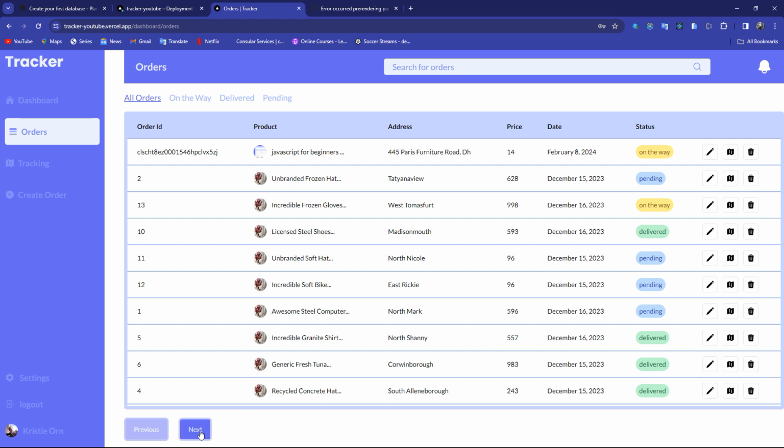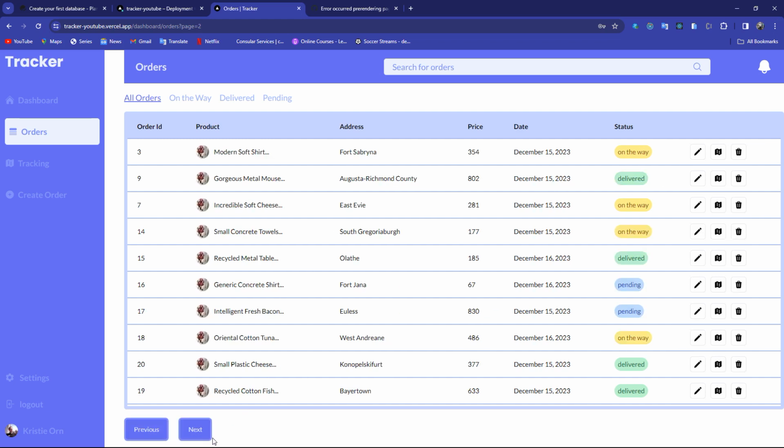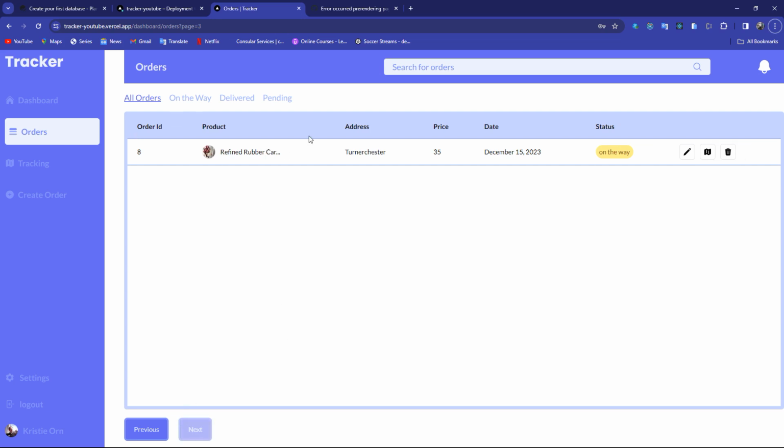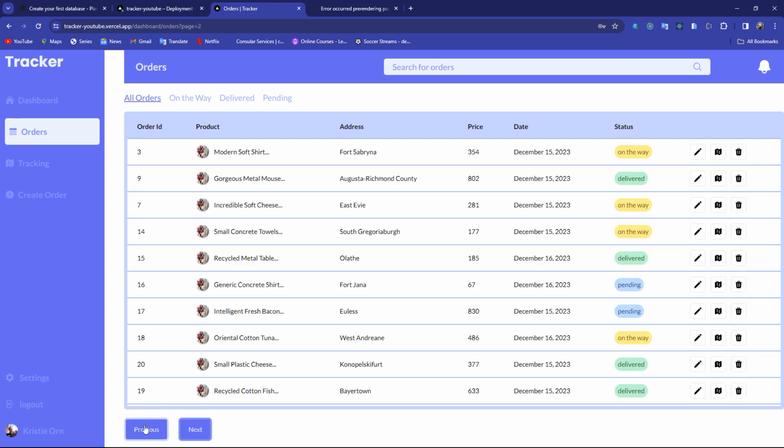You can go to the next page here. See, you can go to the next page. This is the last page here because we just added another item. You can go to the previous one, you can go to the next one. So you can even search for orders. Let's say